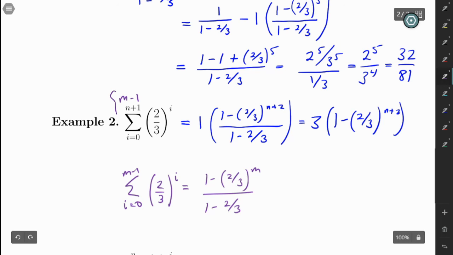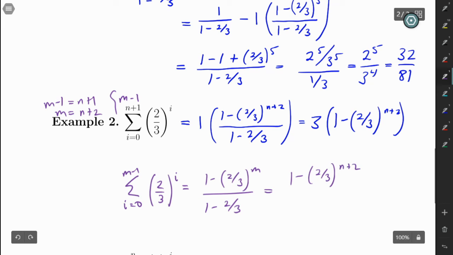And then from here, we know that m minus 1 is n plus 1. So to solve this for m happens to be then n plus 2. So then you can just substitute this back in for m, and you get